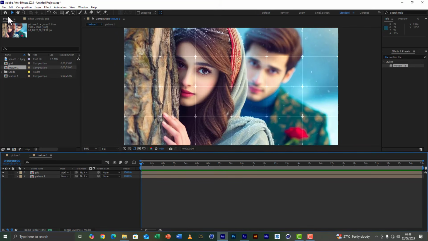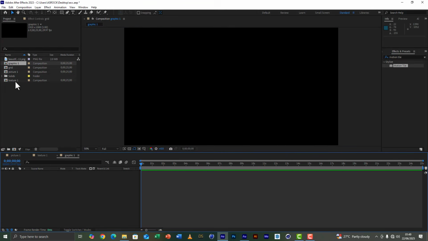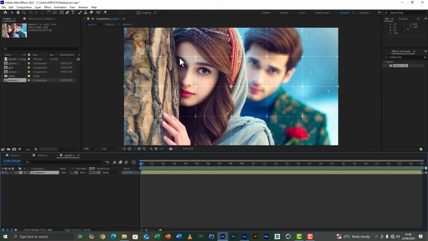All right, okay. Now let's create a new composition. Let's name this one graphic 1. Graphic 1, okay. So what we are going to do inside graphic 1 is this. Let's click and drag texture 1 inside graphic 1. So we are going to mask out the boxes, each of the boxes separately. All right, so let's come to the masking tool, rectangular masking tool. Let's select